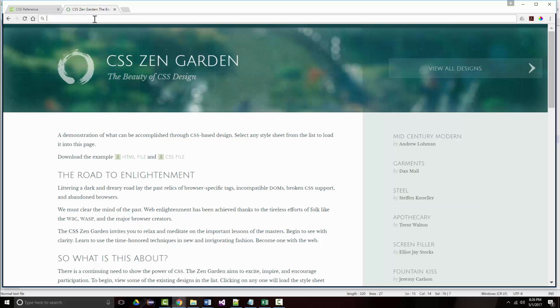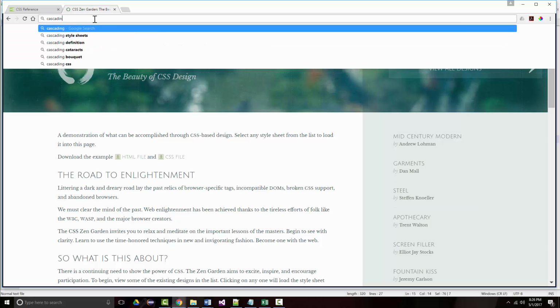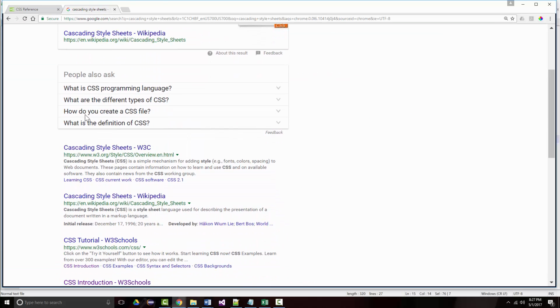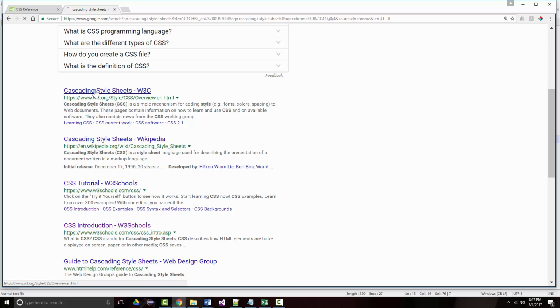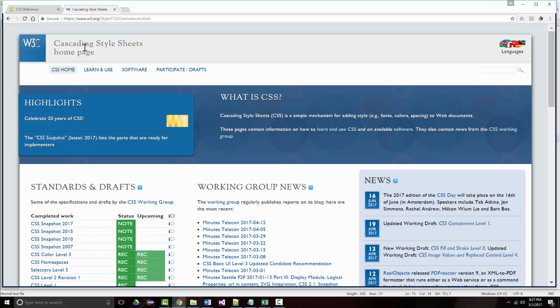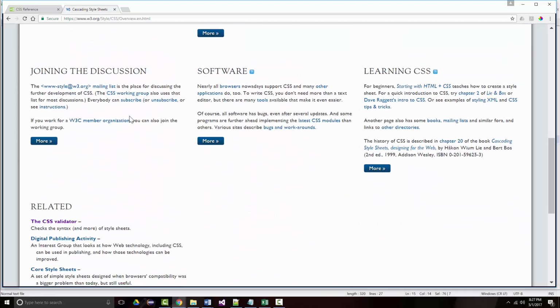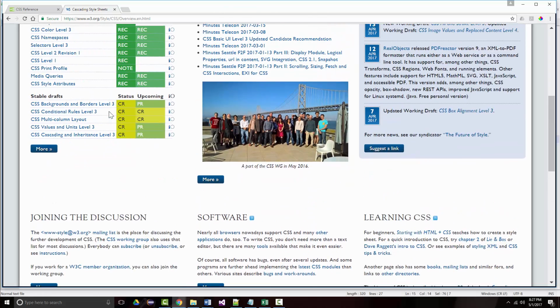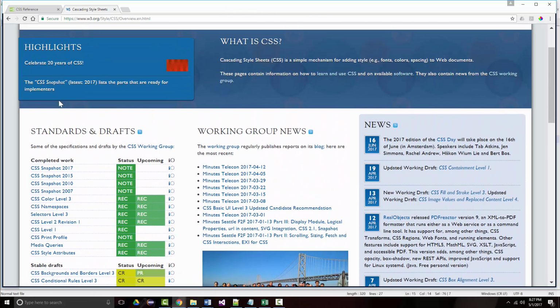I'm going to do one more thing. I'm just going to type in here cascading style sheets. And there's one more thing that I want to show you, and that is right here. Good, came up right away. This is the Cascading Style Sheets homepage at the World Wide Web Consortium, the W3C. There'll be a lot of information in there, a lot more than you probably think when you look at this. But what I did want to mention to you is, when you look at the stuff in there for the W3C,